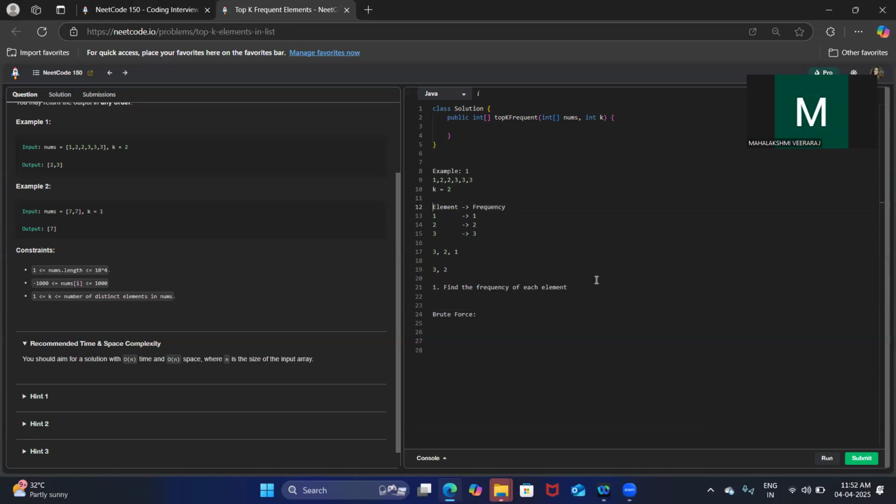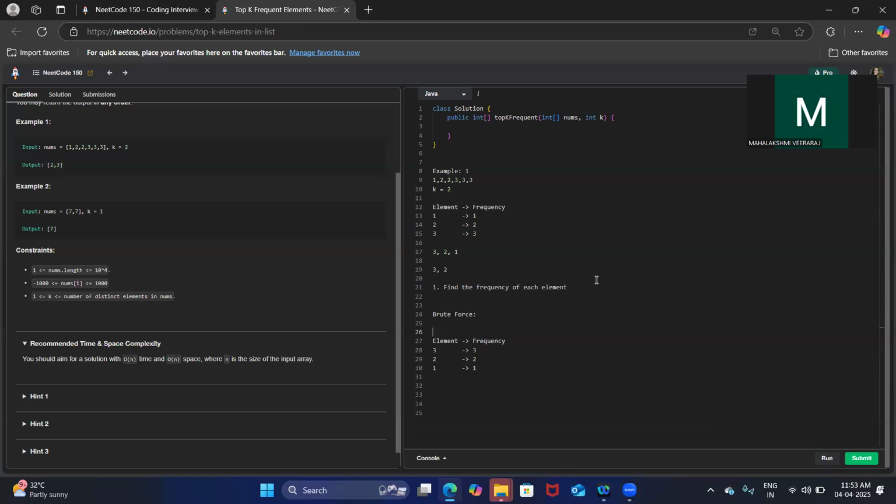So in the brute force way, what I can think is, what if I remake this particular set in such a way that the most frequent element will come first, sorted based on frequency in descending order? Because three occurred three times, two occurred two times, one occurred one time. If I sort the prepared key-value pairs this way, I can easily choose the top two elements, right? So 3, comma 2.